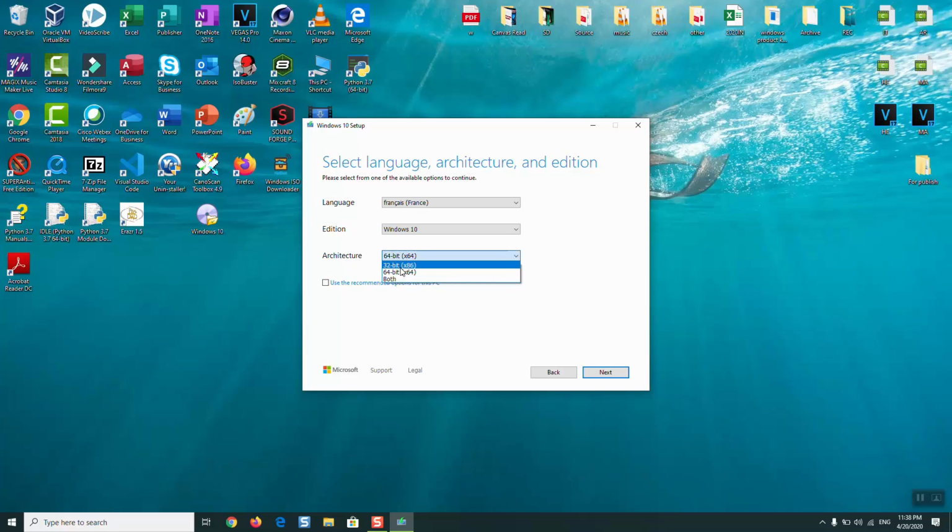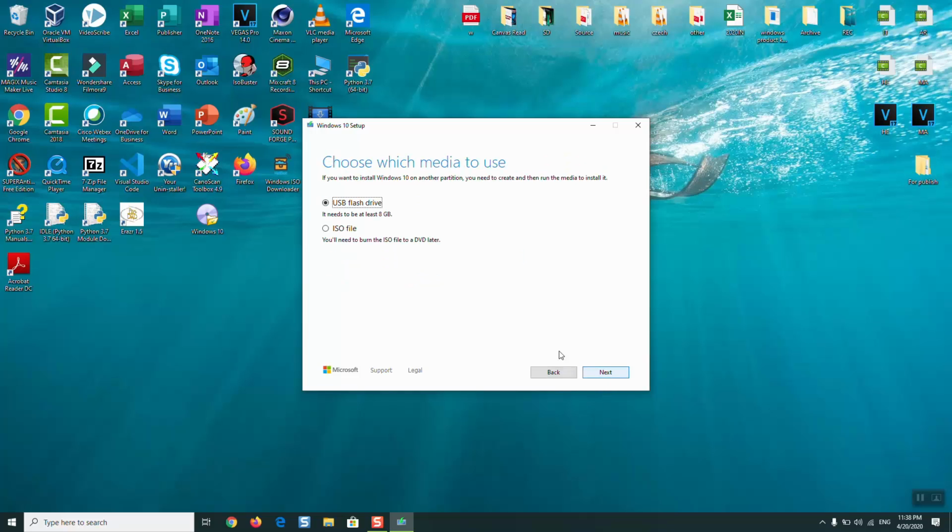Here you can either select 32-bit or 64-bit following your need, or you can go ahead and select both if you want to. Personally, I need just the 32-bit. Next step, I will just go ahead and click next. Here I will leave USB flash drive selected and we will just go ahead and insert our flash drive or USB